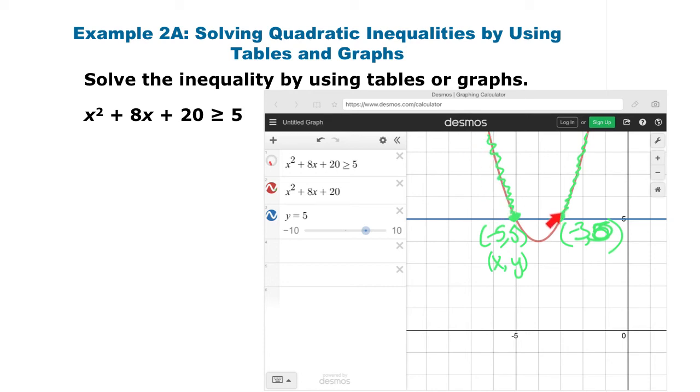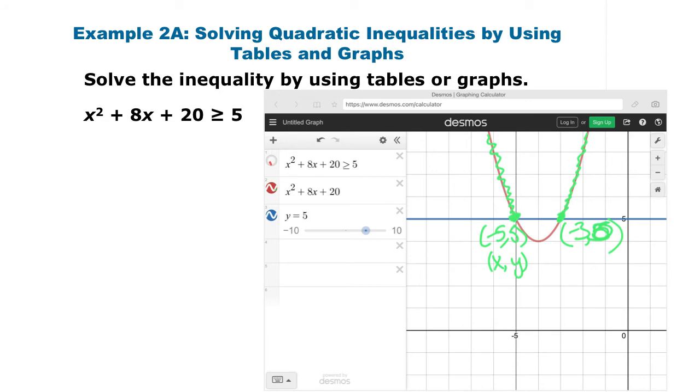And if my x value is greater than or equal to -3 going this way, then my y value is greater than or equal to 5. And so my answers on this would be that x is going to be less than or equal to -5, and x is going to be greater than or equal to -3, because when that happens, my y values are